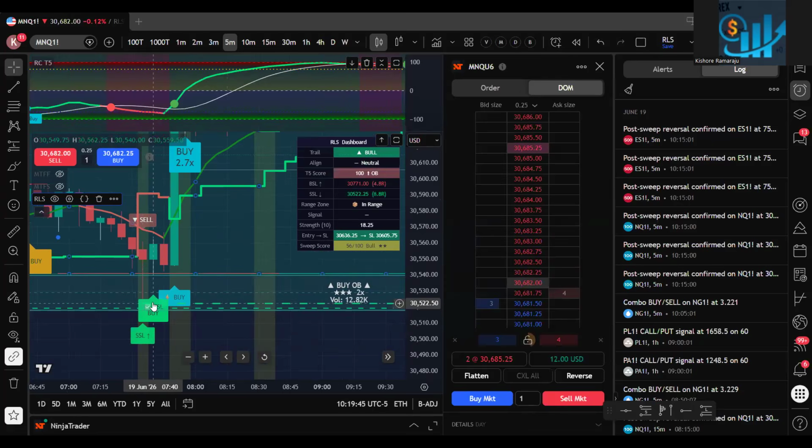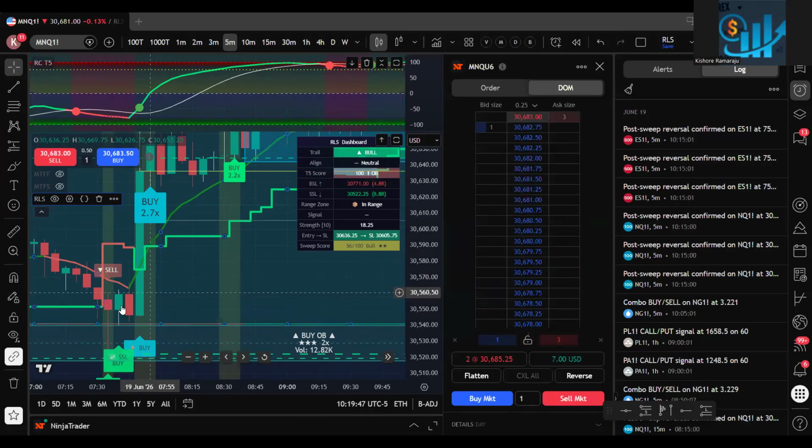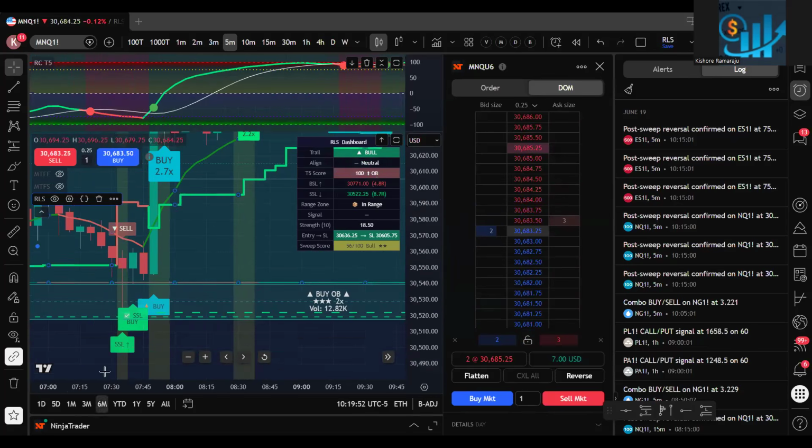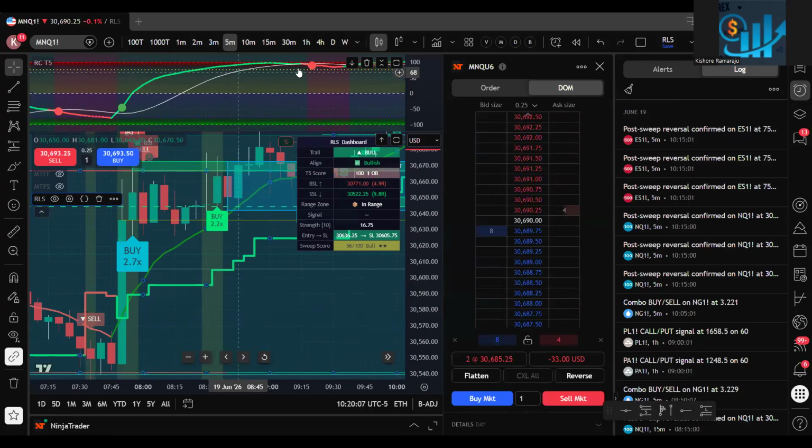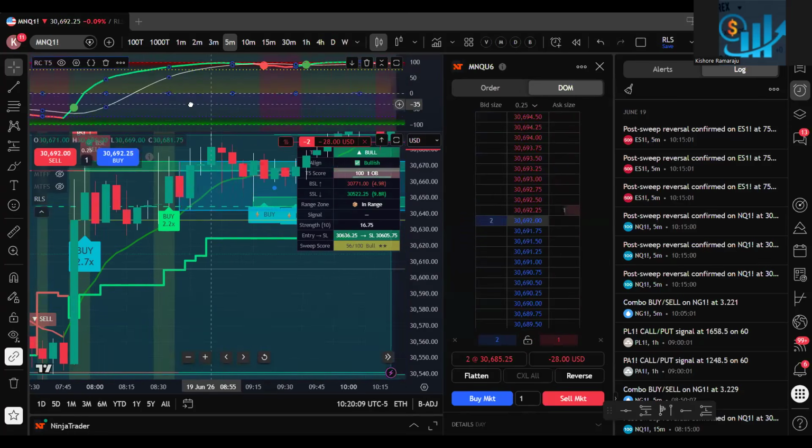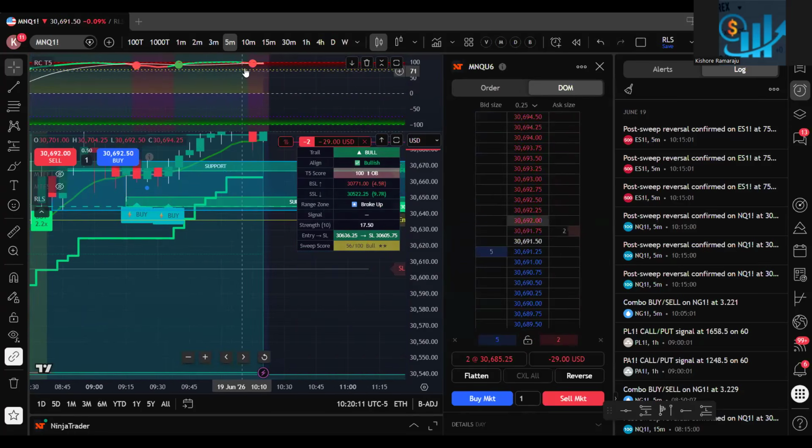Right? If we go to SSL buy, there was a huge move that was nearly 120, 130 points. So every day if you catch one, that is more than enough. Right? You got 100% confirmation. If I came to the bottom, you got a SSL buy, you got a big buy order block. Then there was a huge move. Now it went all the way to the top. You got a sell signal, so we should see a drop.